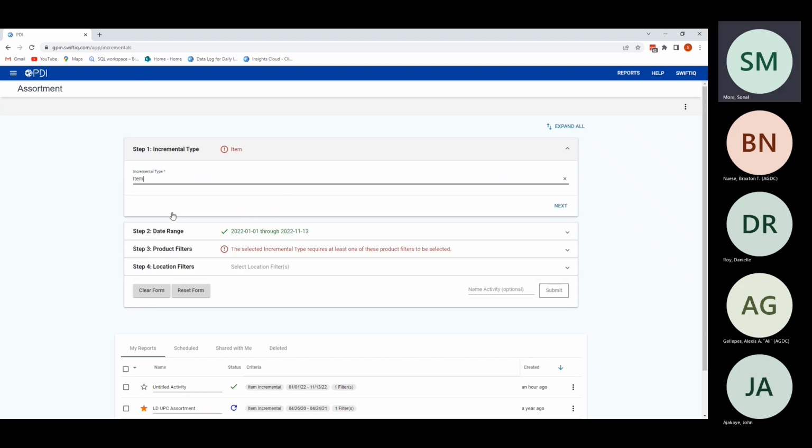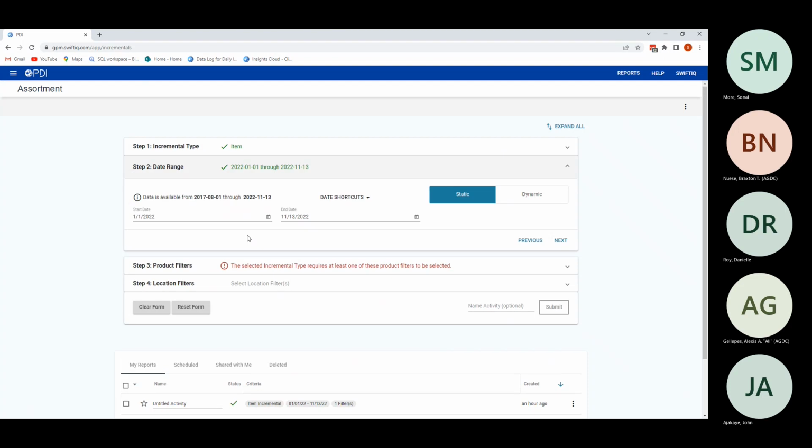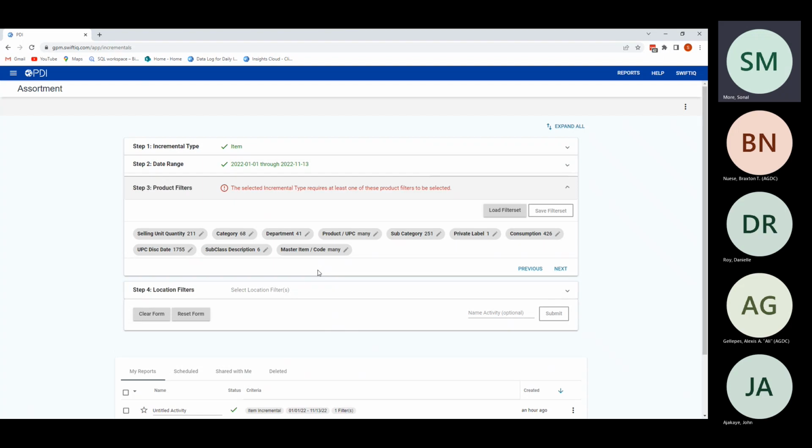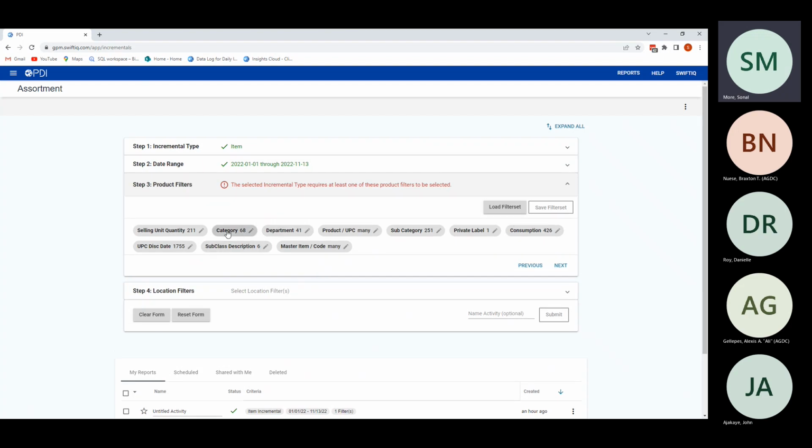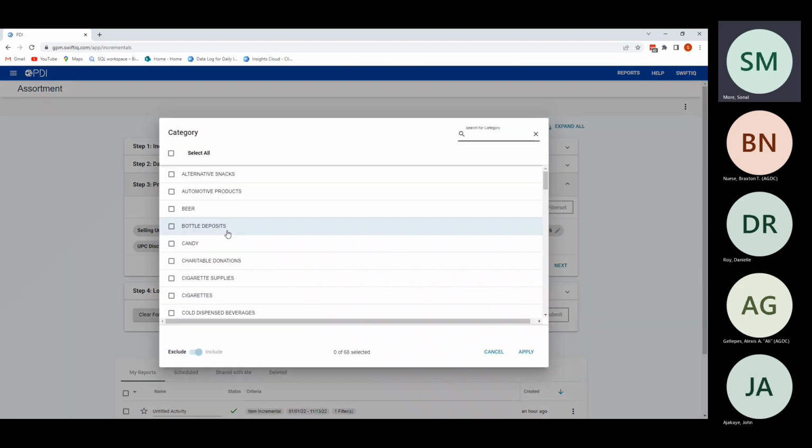So let's go ahead and select item. Here we can do year to date. You can see that now below here we have a red message. This means that we have selected items, and there are many items in there. So they want us to filter on certain things because it's a very big database. You can click on this and let's go ahead and select from